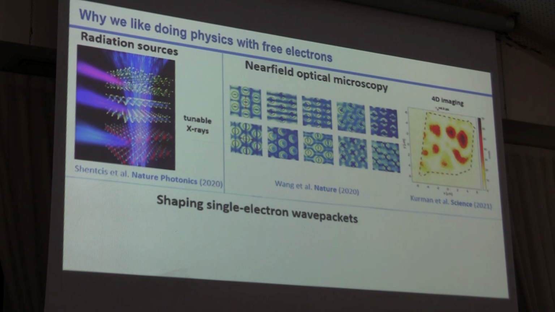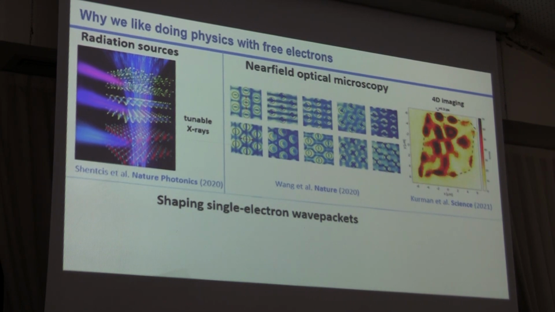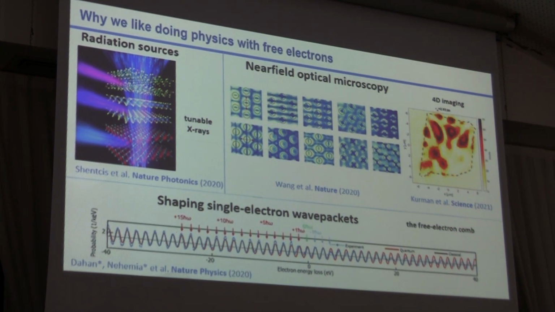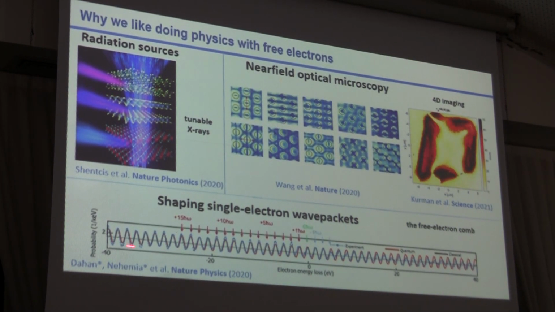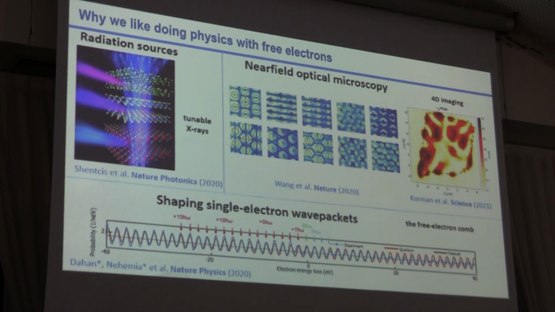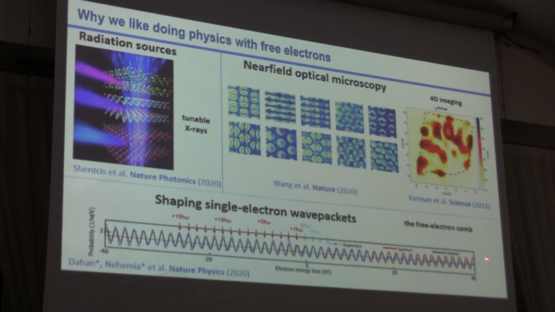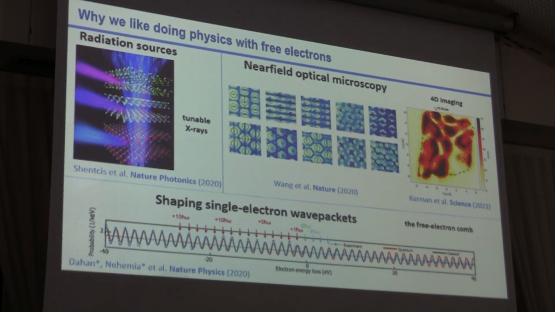The one side of it I like the most is actually acting back on the electron. If you want to shape the electron wave function, take individual electron wave functions and shape them. And that's something we can do today with light fields. This is an example of data we take where we look at the electron spectrum. So that's the electron energy that originally was one peak over here. It's a relatively monoenergetic electron. And after interacting with the laser, what happens to it is that it takes hundreds, and we actually measured up to thousands of individual peaks.